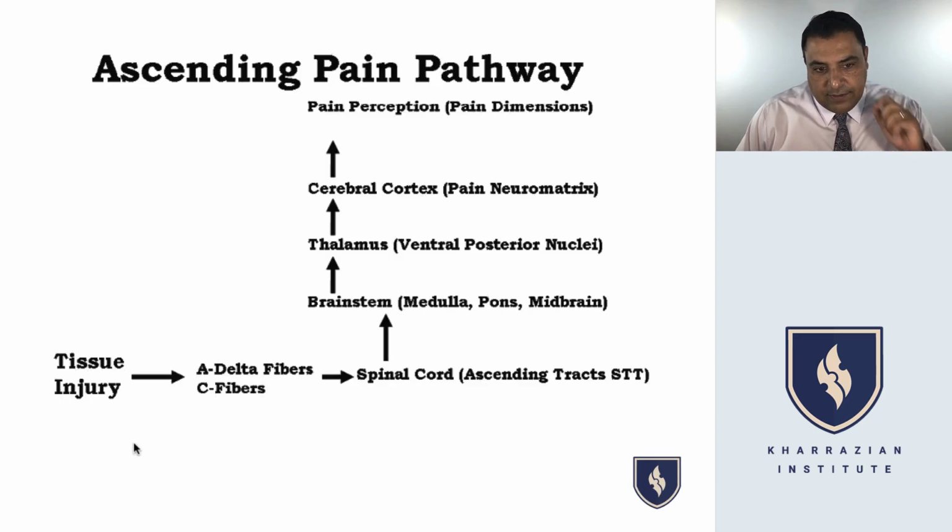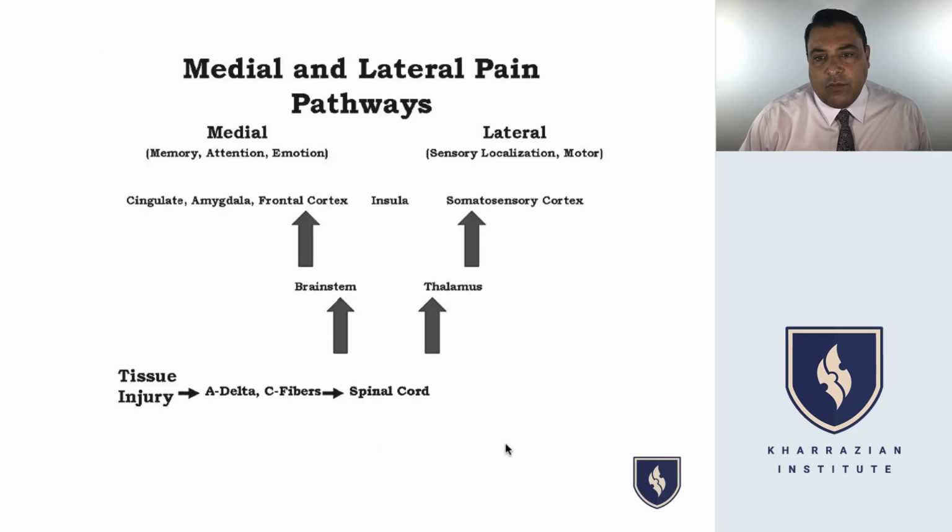And the basic pathway: tissue injury activates A delta fibers, goes into the spinal cord, the spinothalamic tract, crosses at the spinal cord level, goes all the way up the brainstem, goes to the thalamus. From the thalamus, it goes into the parietal lobe, and you have the activation of pain pathways that way. Now, there's a medial and lateral pathway up the spinal cord. The lateral pathway, the spinothalamic pathway,